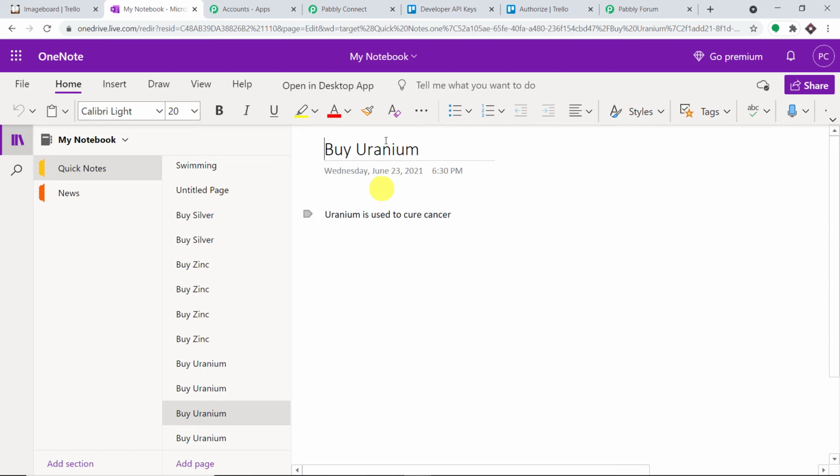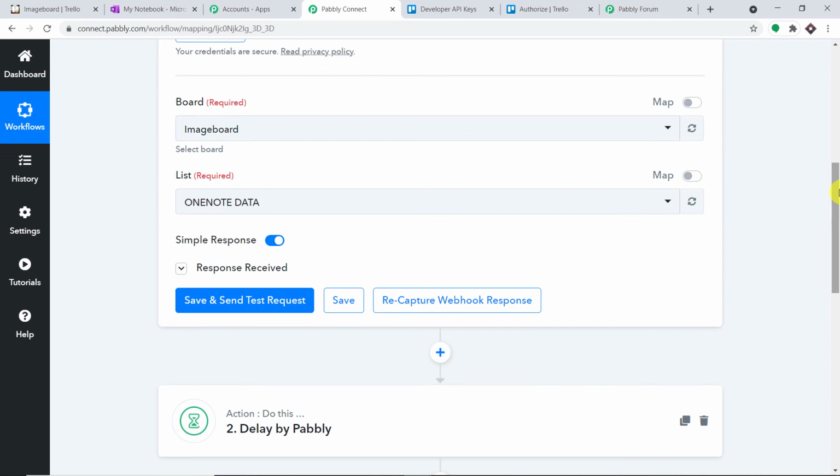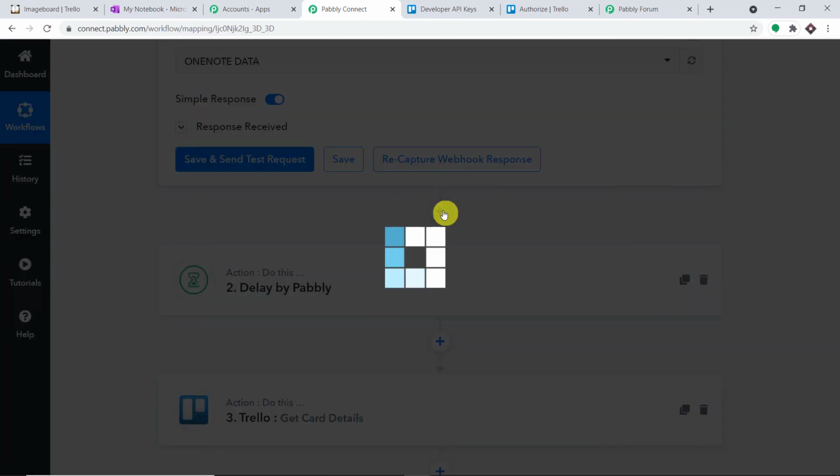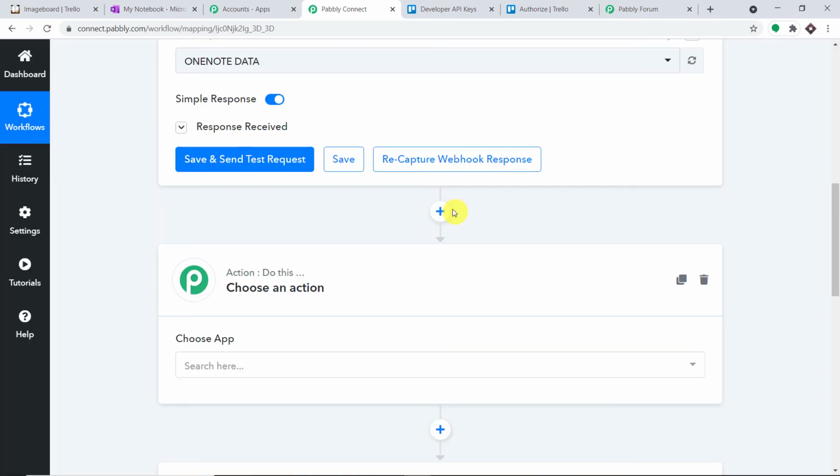So what I'm going to do here is set up a condition. The condition is that if the card is created, then only the data should flow. I repeat this again. When a card is getting created, it also gets updated. So Pabbly Connect is sending the data again and again. That is why we are going to set up a condition: if a card is getting created, only then the data should flow. In case of updation of a card, the data should not flow.